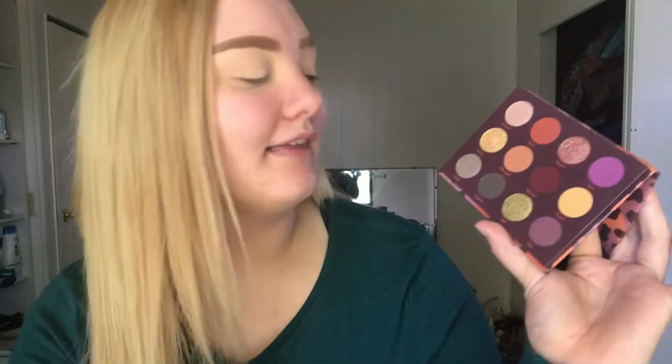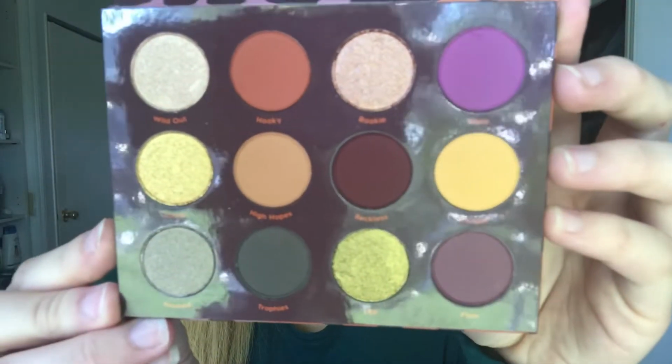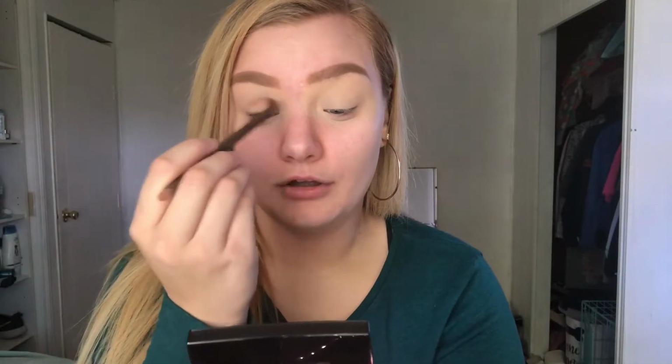I do really love the neutrals, and I think those pops of purple are beautiful, but I think I really want to stick to right in here and use some transition shades from the neutrals and create a look. The first shade I'm going to go in with is the shade High Hopes. I'm going to take that on a tapered blending brush,